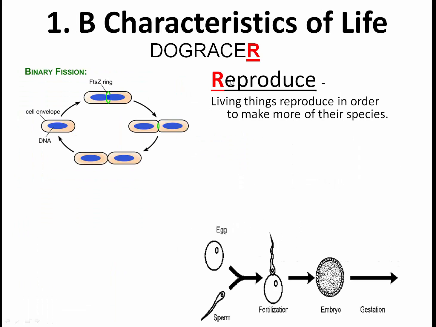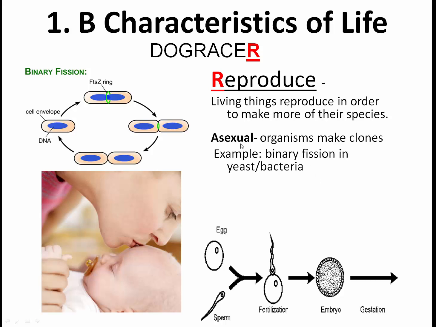Okay, the R actually stands for reproduction. Reproduction can go on a couple of different ways. Living things have to reproduce to be able to pass on the beneficial mutations, beneficial attributes that they've got, to make more of the same species. We can actually reproduce asexually. Organisms make clones. Well, that's actually done by binary fission, and you can actually see that the cell is sitting here